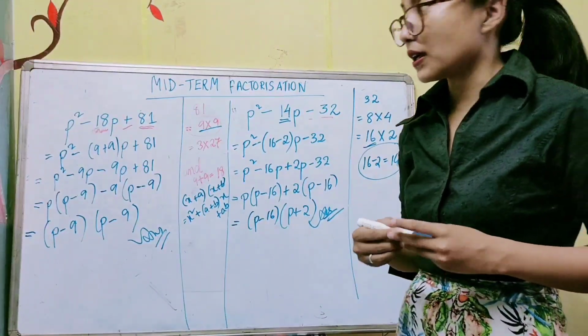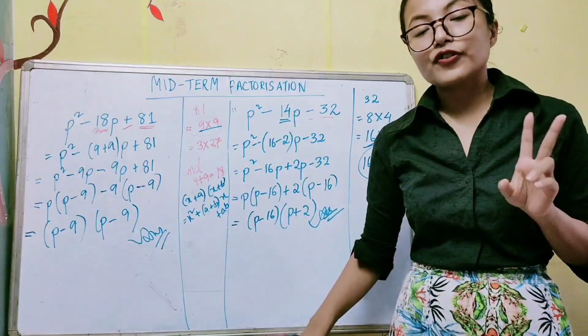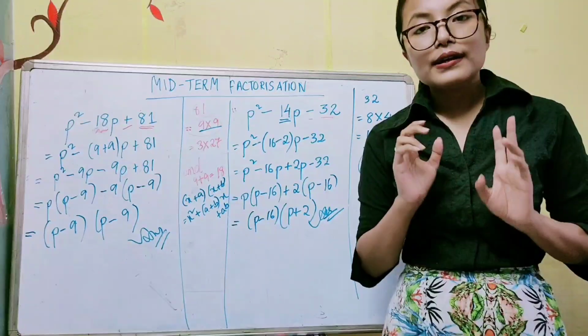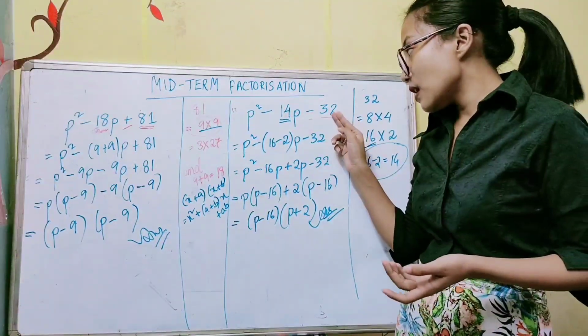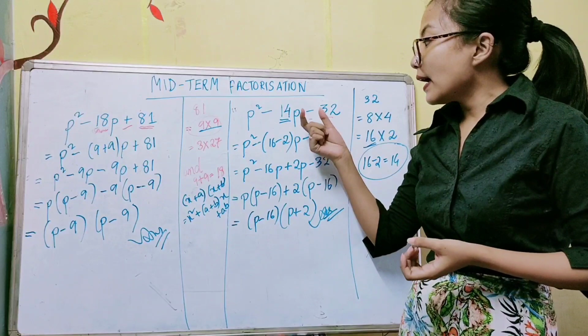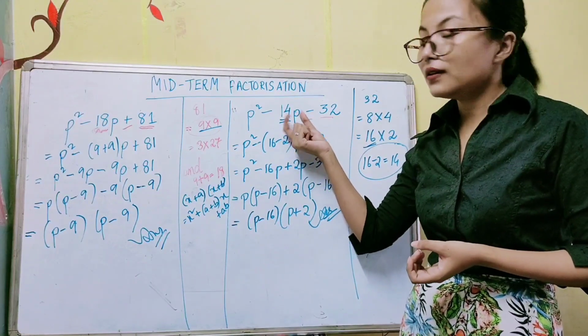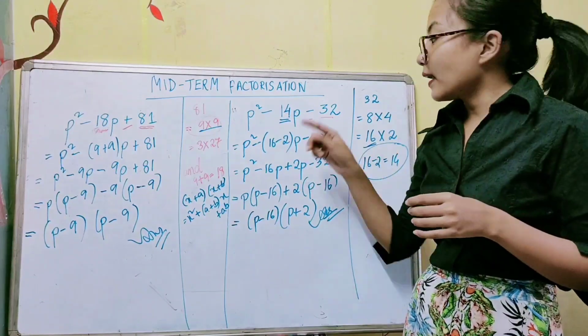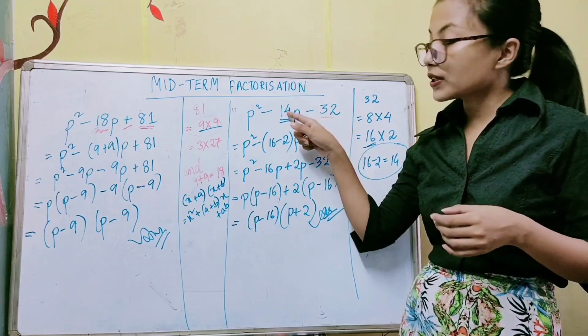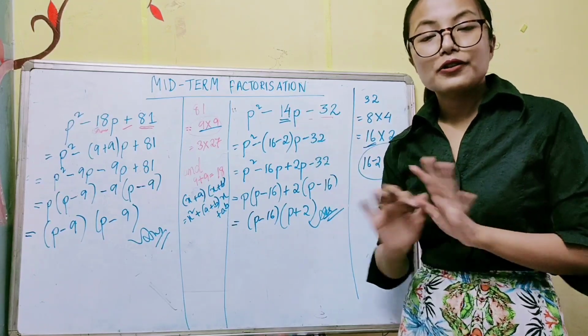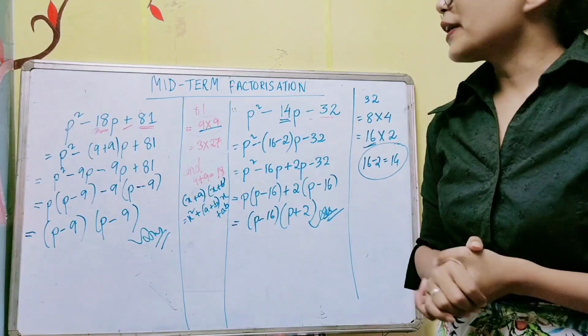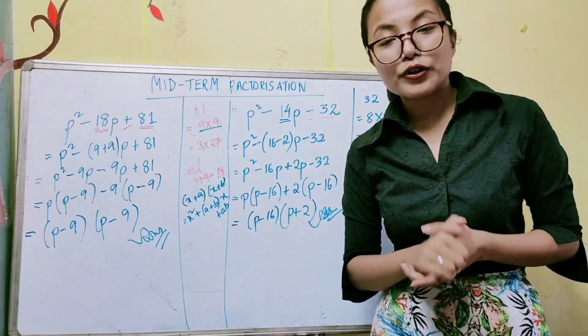It is very easy. Okay, only you need to remember 2 things. First, what is the constant number? Second, what is the sign just before the constant number? And the number with the variable, you have to check how much that is, and after adding or subtracting, whether it is coming or not. Alright, so that is all our condition. So I hope this was helpful. Do let me know in the comment section.